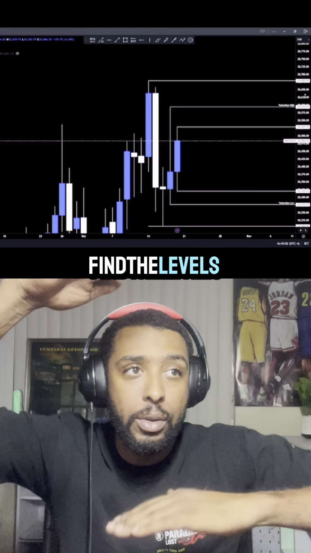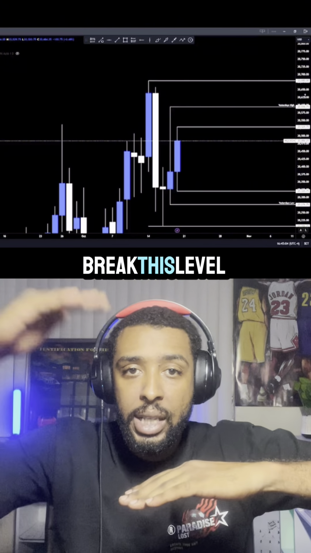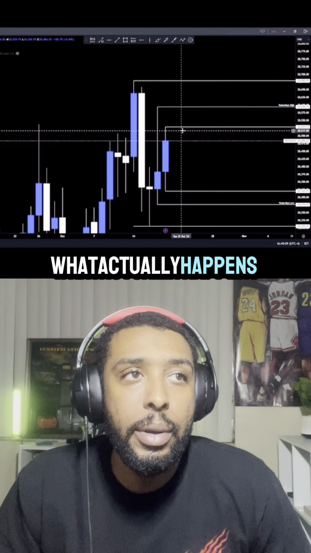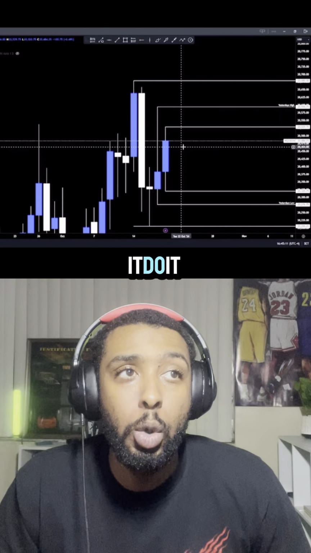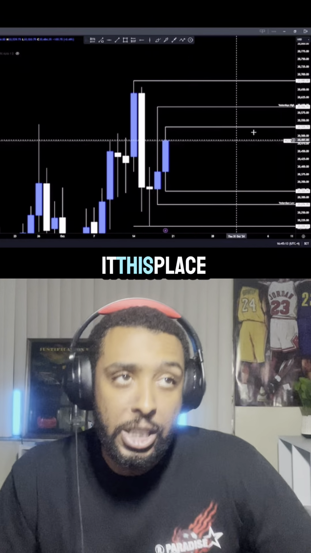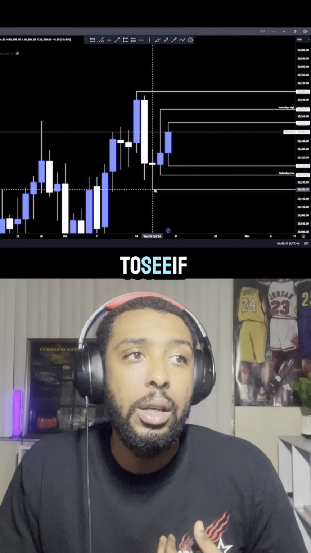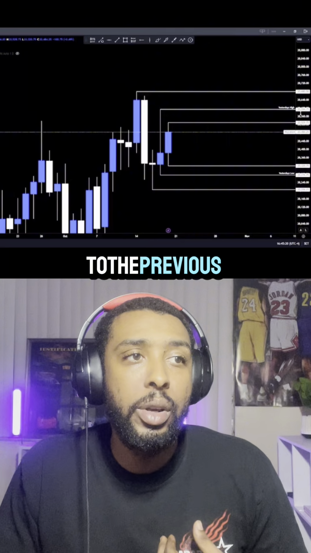That's how you find the levels. Right? If it breaks this level, now you know where it's going to go. Now you're looking to see what actually happens when it breaks this level and sweeps it. Does it just run up? Does it displace up? Does it displace down? Does it consolidate? Right? This is everything. This is what I be doing to see if it's going to go to the previous, if it's going to